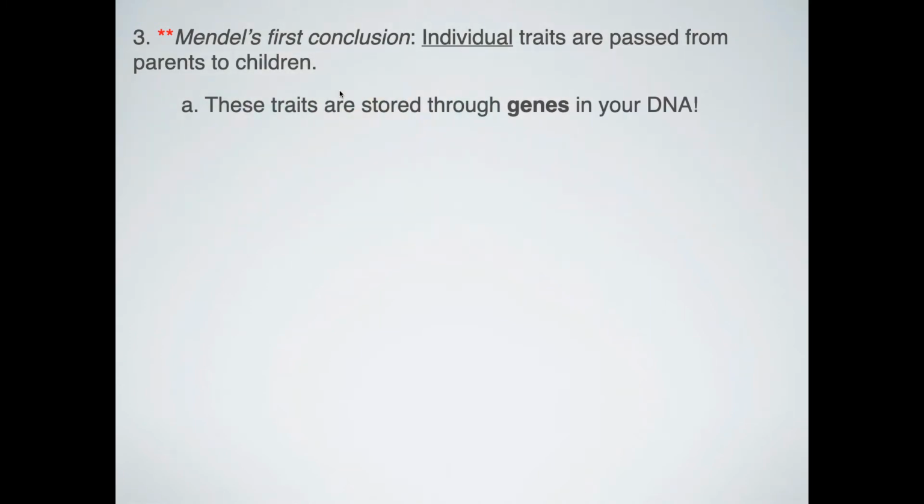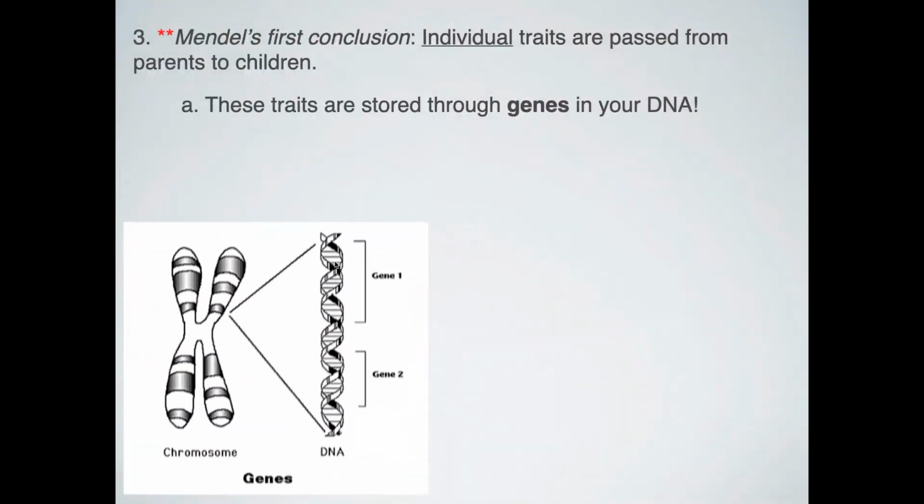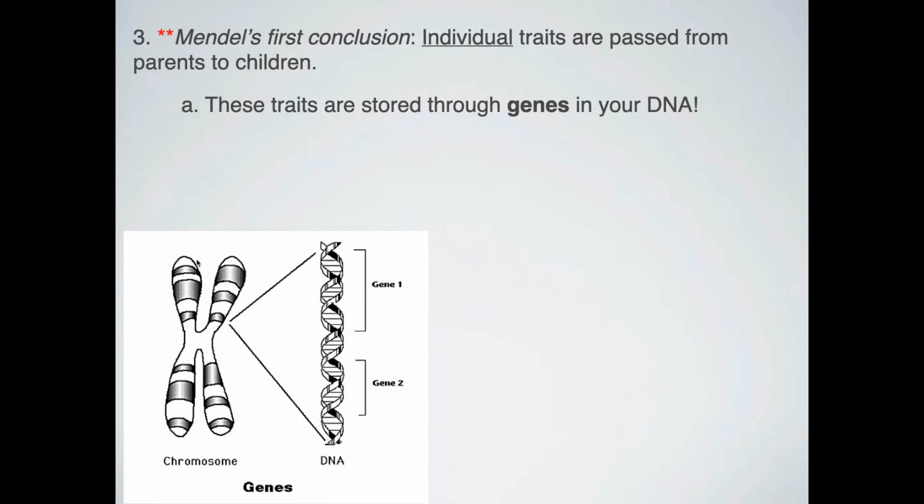So now we know. So again, DNA was not discovered. Genes were not discovered at this point. Cell parts, no. Again, all the stuff that he was doing is ancient at this point, right? So what we know now is that traits are stored in genes in our DNA. And so we're bringing back our good old chromosome diagram from previous semester. But what you've got here then are these little bands that we would consider genes. And so all these little dark spots here would be genes that would code for a particular trait, like